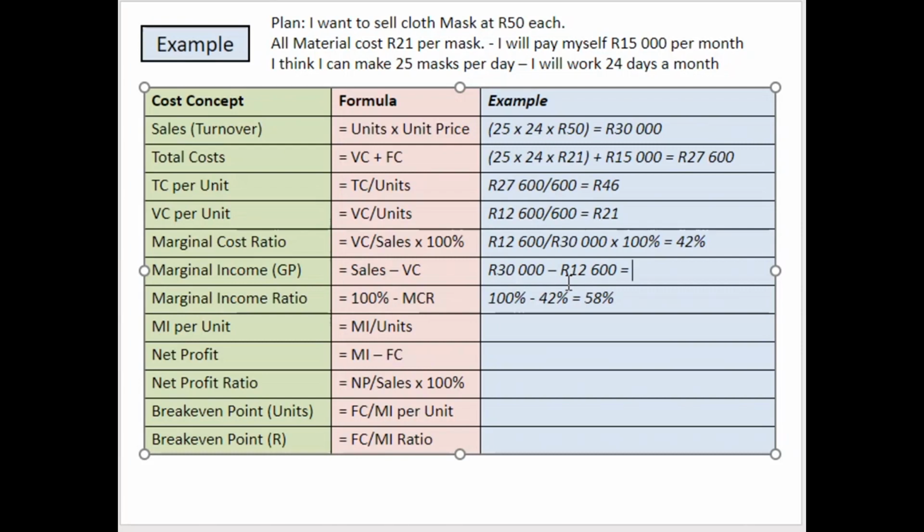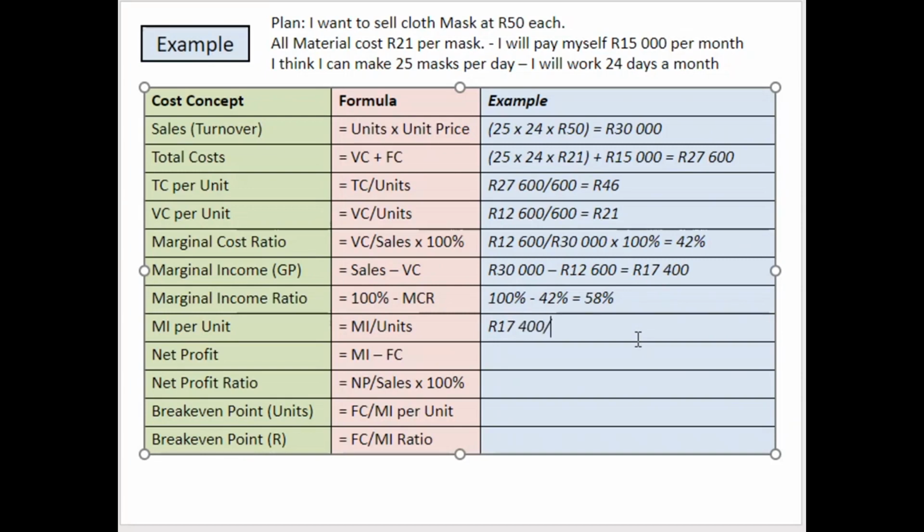And so my gross profit will be 17,400. Okay. Good. Now I can go on. My marginal income per unit. I've just calculated my marginal income. Okay, it is